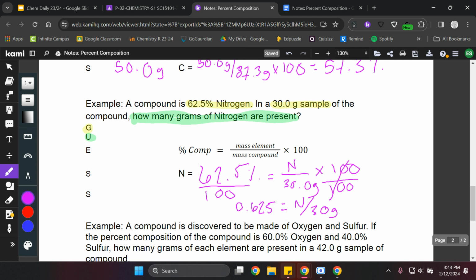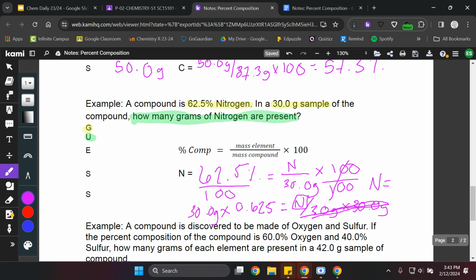So now I want to get N by itself. In order to do that, I've got to do the opposite operation. Think about that for a second. 30 is being divided, so we've got to do the opposite. Opposite of division is multiplication. So we're going to multiply both sides by 30 grams. So if we do that, 30 grams and 30 grams cancel out. Division, multiplication, those cancel. So then we get the amount of nitrogen is equal to 30 grams times 0.625,